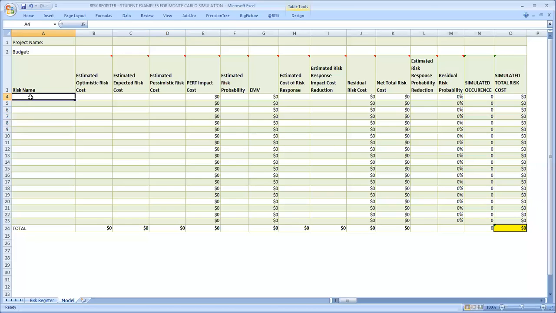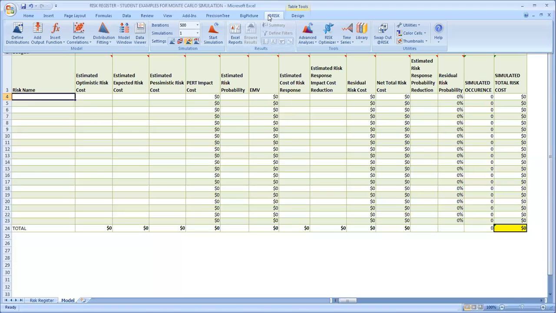So you would go and find your risk register and start to determine which risk events you would like to add to this model in @RISK, which, by the way, we are using the Palisade @RISK function today, which you can see here on the ribbons. This is the Palisade @RISK add-in in Excel. So when we add the risks from our risk register and determine which risks we would like to enter in this model, this quantitative risk analysis model,